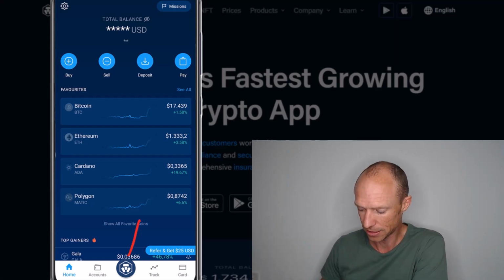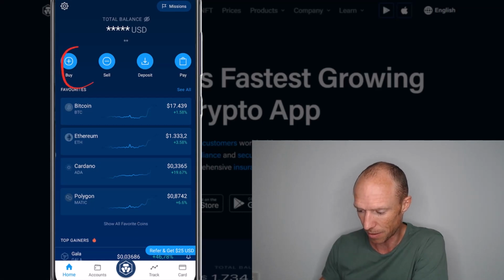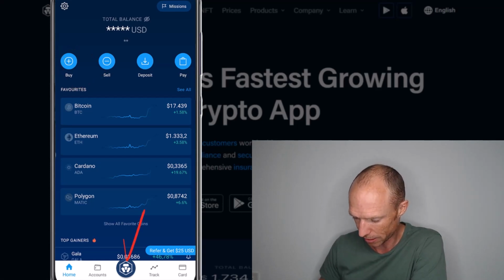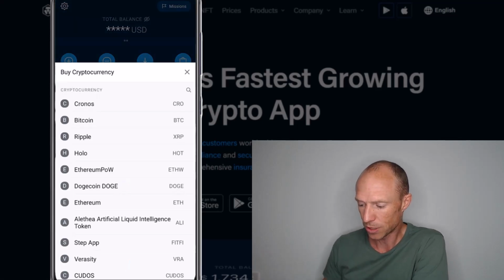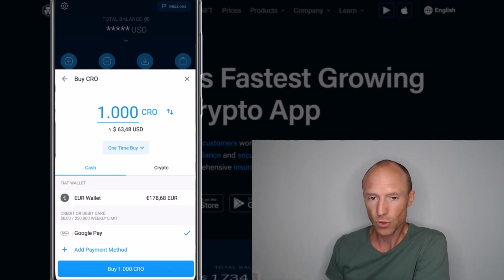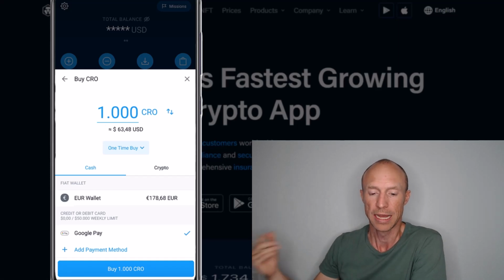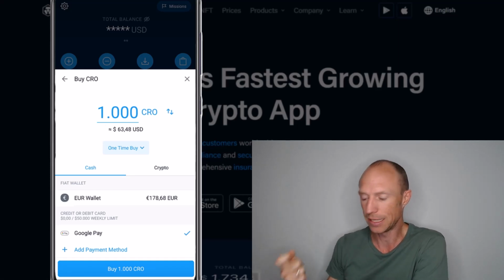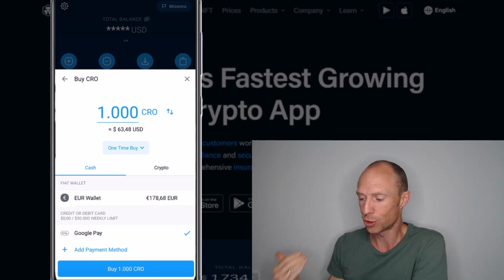But the first step is that you will need to go, there are many ways to do that in here. They also have the buy option here, or you can go down here to use this one. So we just click to buy, and then you can buy this Crow, the cryptocurrency. How much you would need depends on what kind of membership level you want. The minimum that you need to stake at the time of recording this video anyways to unlock the bonus is